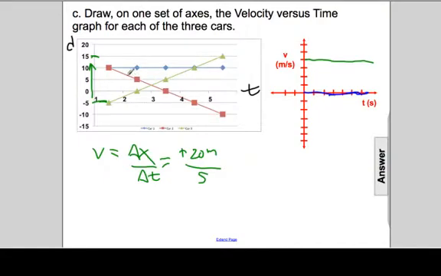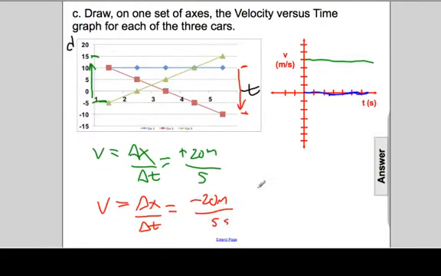The last graph, or the last car, it starts off at positive 10 meters and ends up at -10. This displacement is in the negative direction. The delta x is negative, so the velocity will be negative. So we'll draw velocity is displacement per unit time. And the result from this is -20 meters of displacement, which is interpreted from the graph, divided by 5 seconds. That will give us a velocity of -4 meters per second. So if we look at the answers,